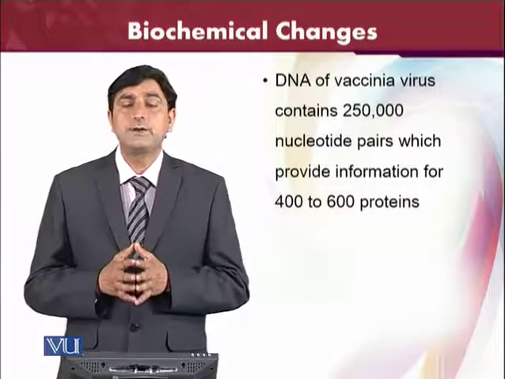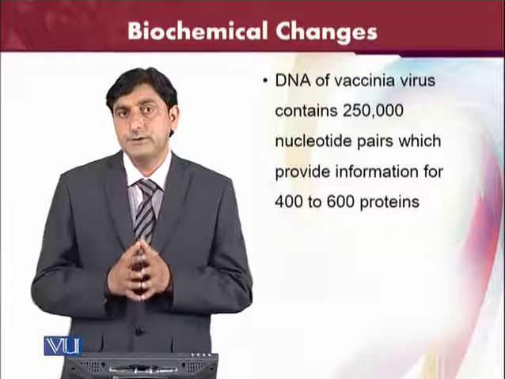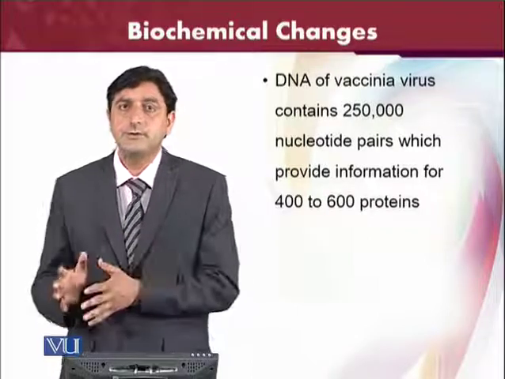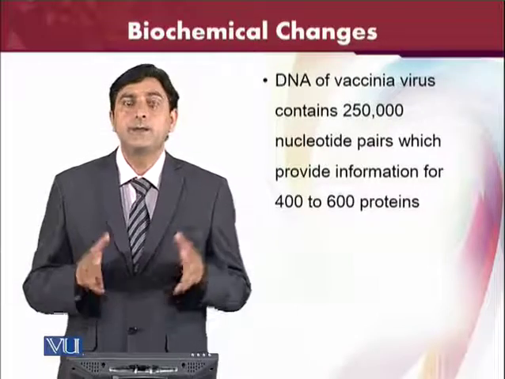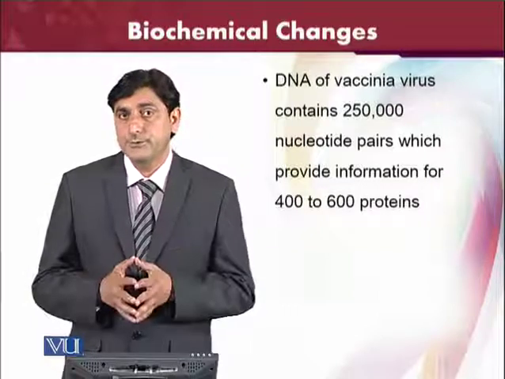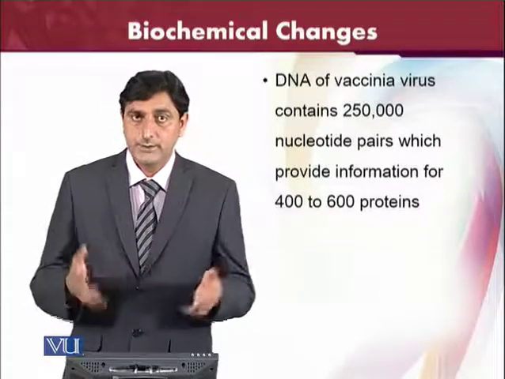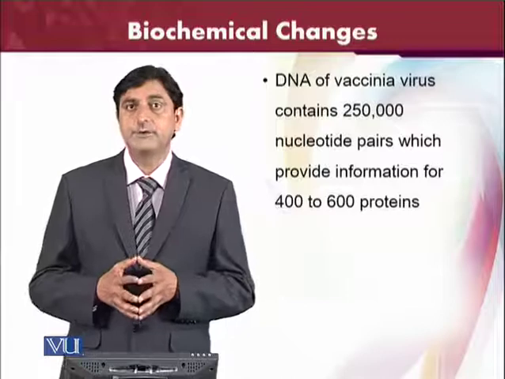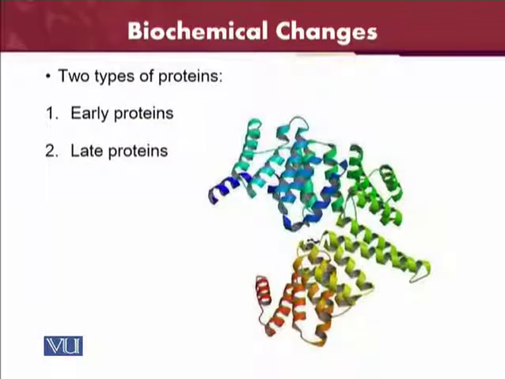And the specific virus and the cell death: the virus infecting that specific kind of host depends on the proteins, which kind of proteins, and how much of the virus has infected that specific kind of cells. There are two different kinds of proteins involved in the disease. One is the early proteins, and the other is the late proteins. Both of these proteins have some different abilities or properties.